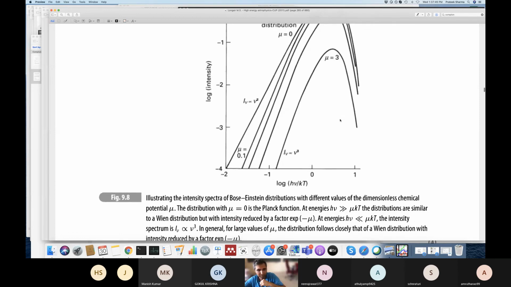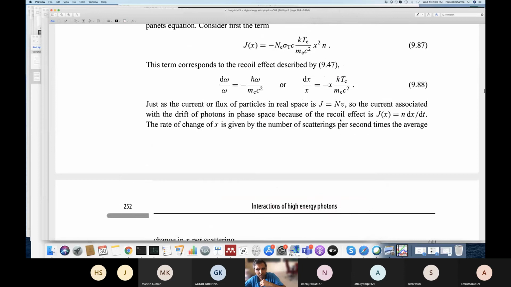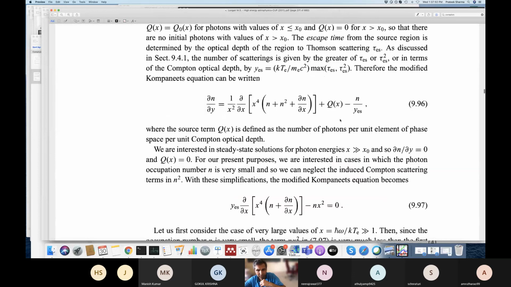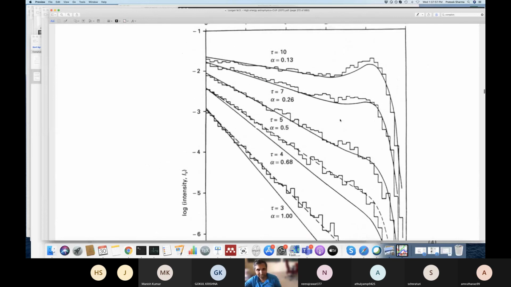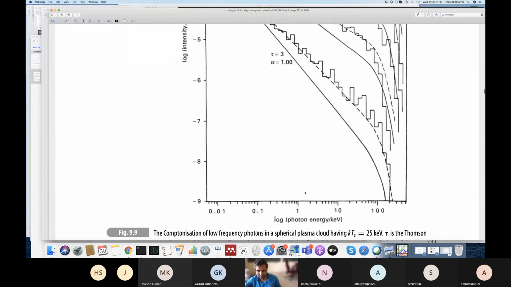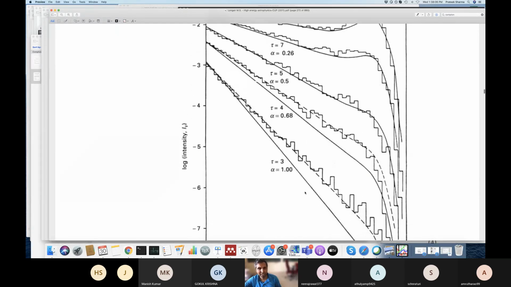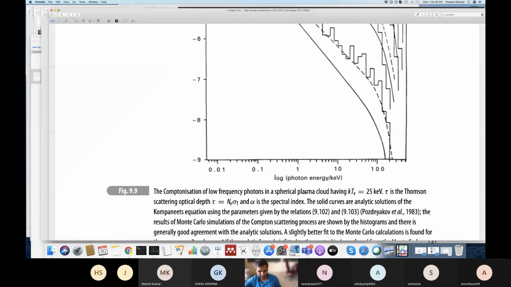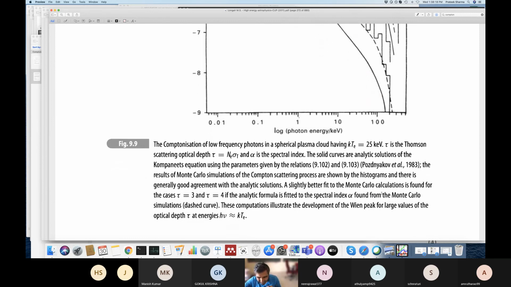Okay, so this is this book. And then, what else? Here is an example of when Comptonization happens. This is intensity as a function of the energy of the photons, and basically the electron has an energy of 25 keV, and the seed photons are